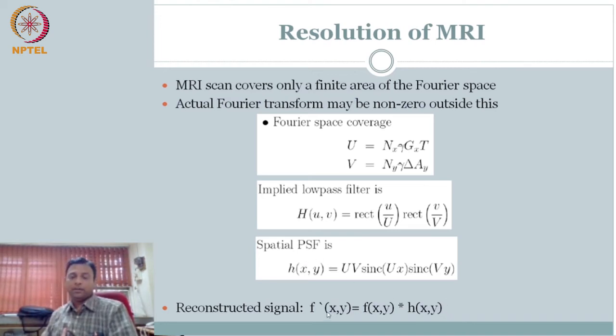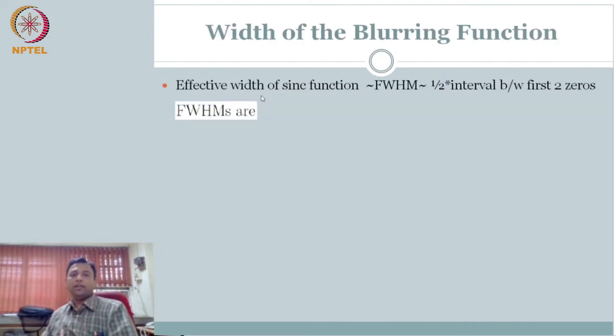So we have decoupled the recorded signal as an ideal signal with infinite resolution, convolved with your h of xy, which gives you your point spread function, right? So now we need to define resolution as what we have done: the width of this blurring function, or full width half maximum. This we have done again and again.